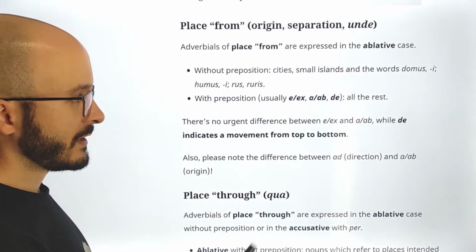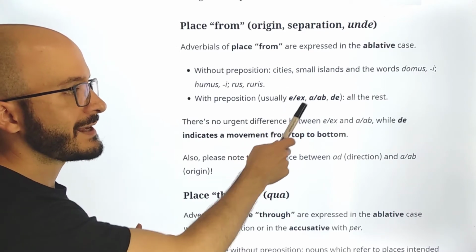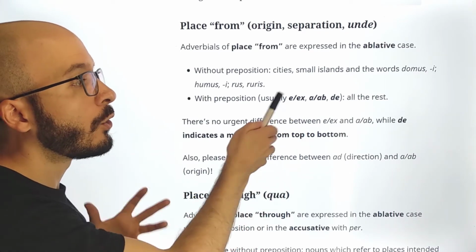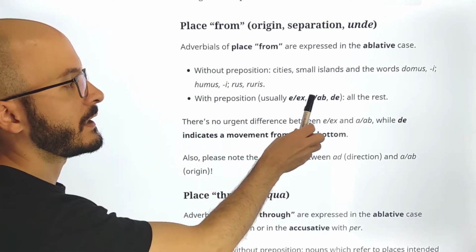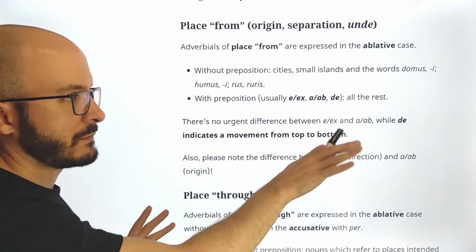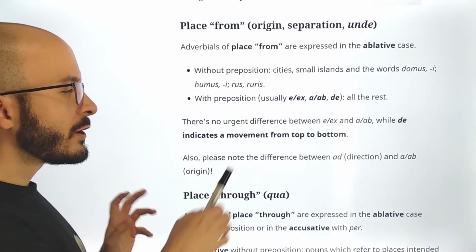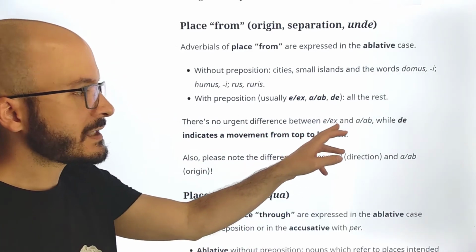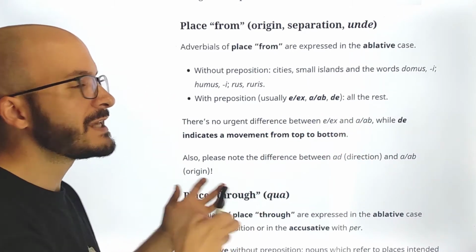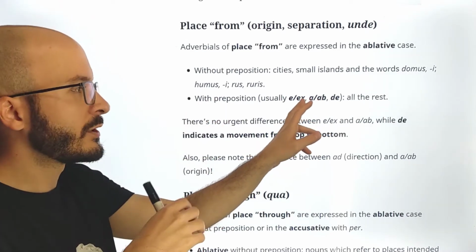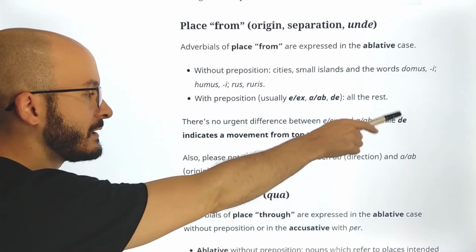And now these three prepositions, they are super common, okay? So we have to learn them, and as you can see, there is this preposition which has two variants, e or ex, depending on the next sound, the next word. Then a or ab, and then de. There is no variance of de. It's always de. Now, there is no urgent difference between ex and ab. What I mean by this is that they don't mean super different things. You don't have to worry about if there is any difference of meaning in these two prepositions,